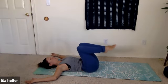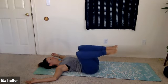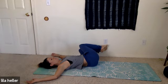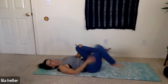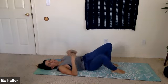Just one more each side. Just a little tip resting on that hip. Feel the stretch in the spine. And then we pull back. And we tip the other way. And then we pull back. And hug the knees into your chest. And then right leg down, left leg down, roll to the side, and we're going to roll all the way